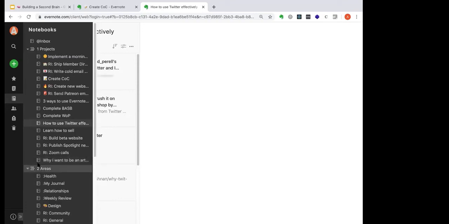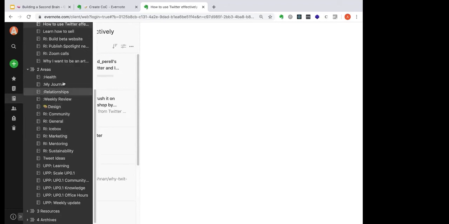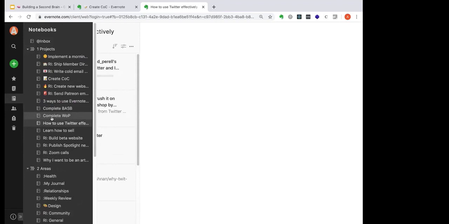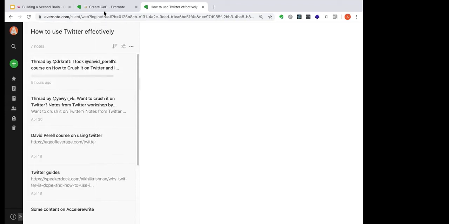So that's essentially it, the areas are much broader. So this is more like health, design. I want to spend some time learning design. So as you can see, I feel more in control, if that makes sense. Rather than having vague notebooks and vague tags, now with this PARA you have a structure to your notebooks and you know where a particular note would go. So that at least saves you the peace of mind while taking a note, and you also know where to find it in the future.